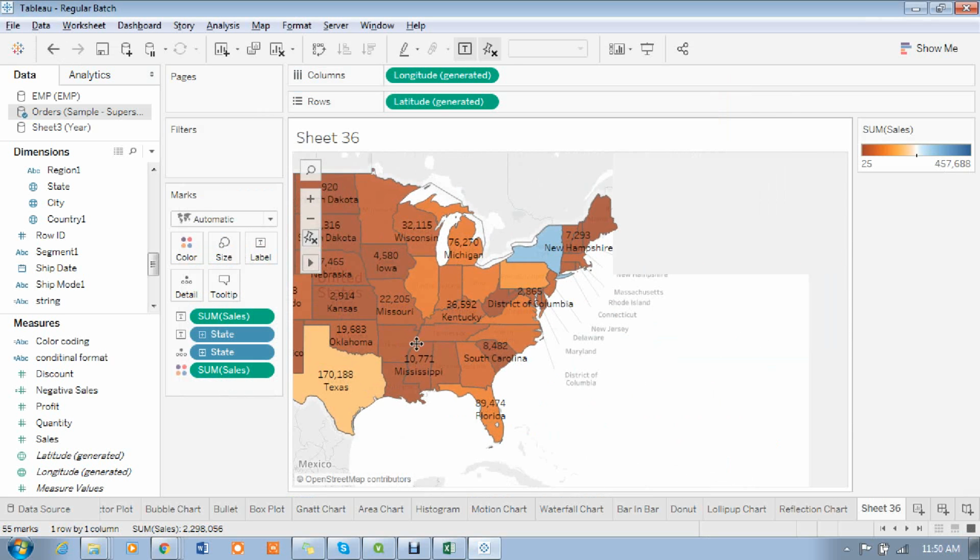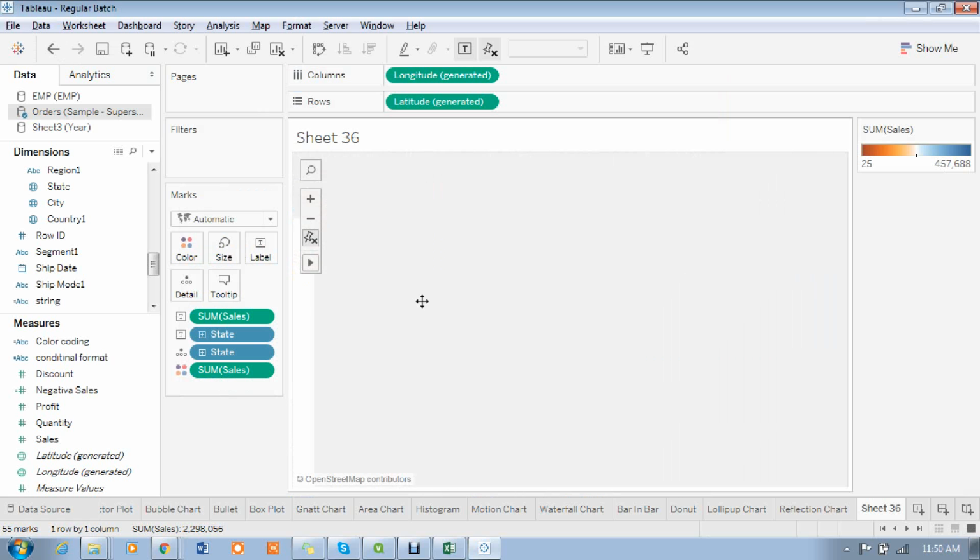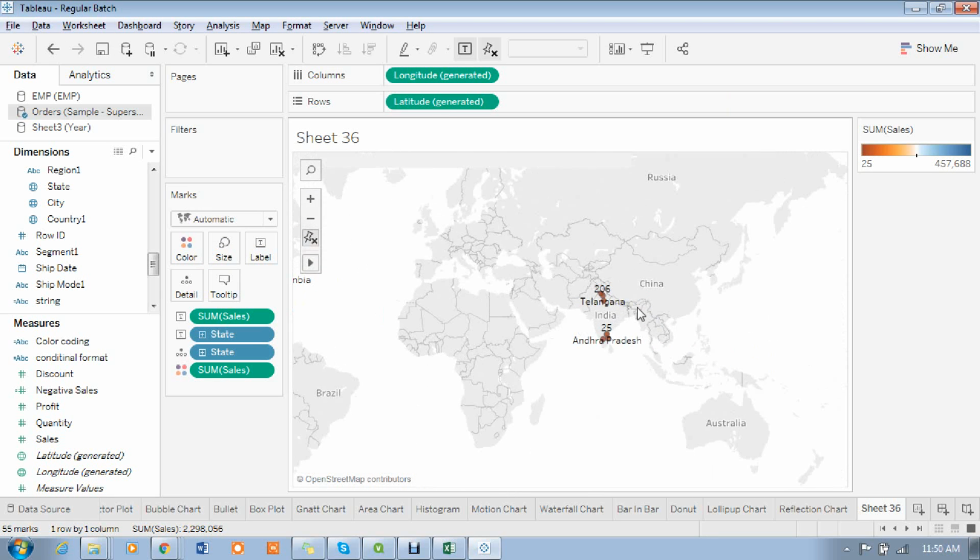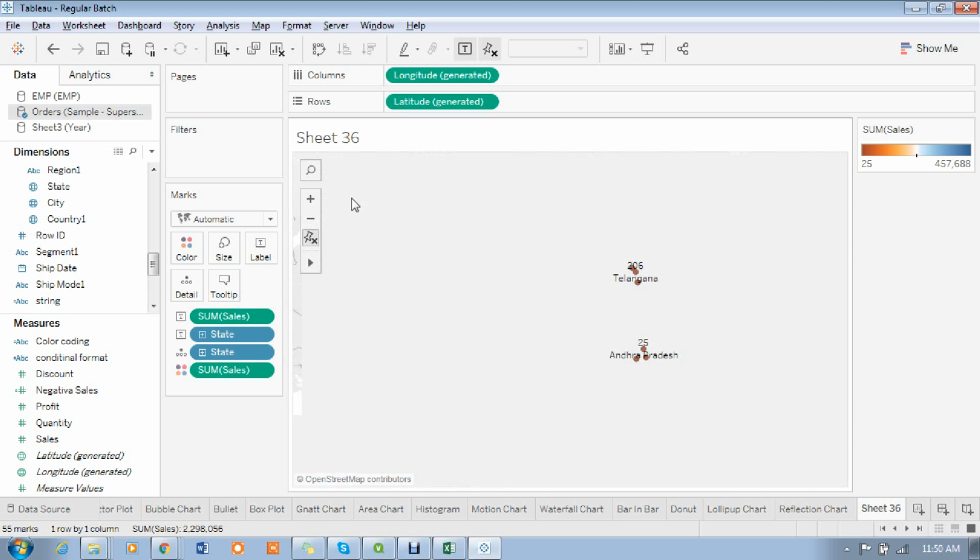Somewhere we can see the values, madam, that all the longitude latitude values come in India. See now. In that United States, those states are not identified. So if we give manually, it will come like this, madam. There is some discrepancy here. Either the data you entered in the data source is not right, so manually we are giving.